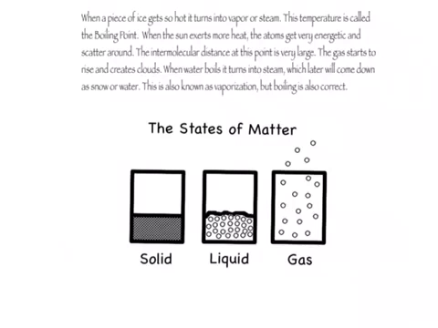After the piece of ice turns into liquid, it will turn into gas if more energy is applied. In this case, the energy is heat. And at the temperature where the heat gets too much, so it turns into a gas, that temperature is called the boiling point. When more energy is applied, the atoms get more energetic, and the intermolecular distance at this point will get larger. The gas starts to rise and create clouds, and eventually it will come back down as snow